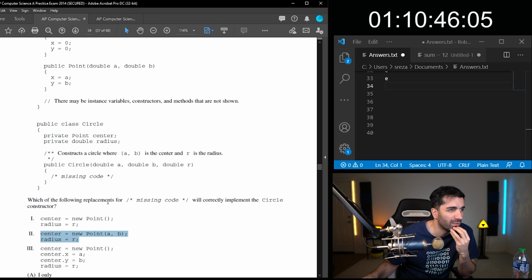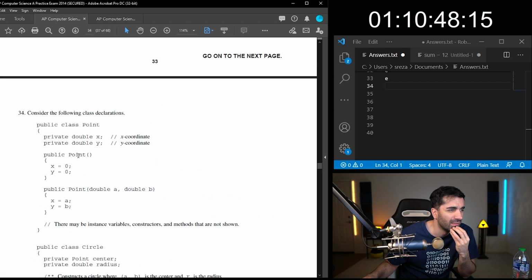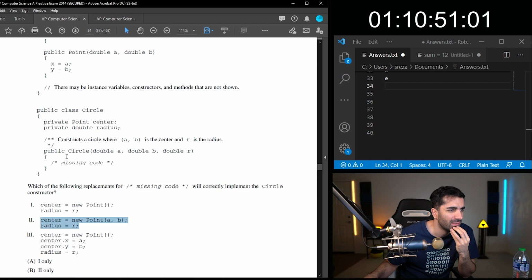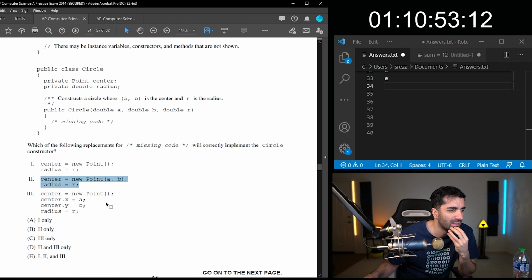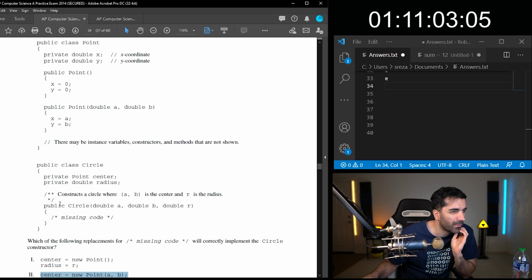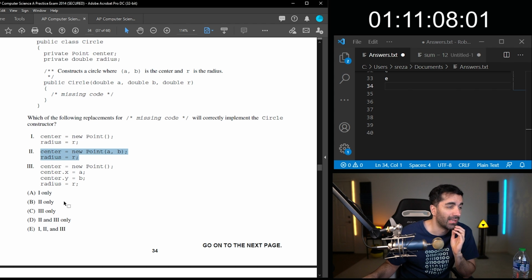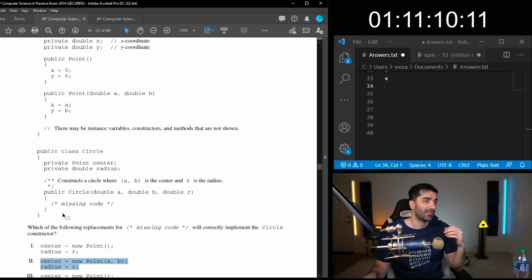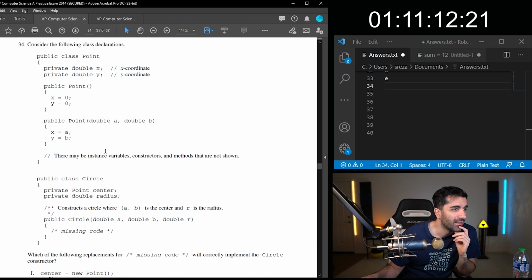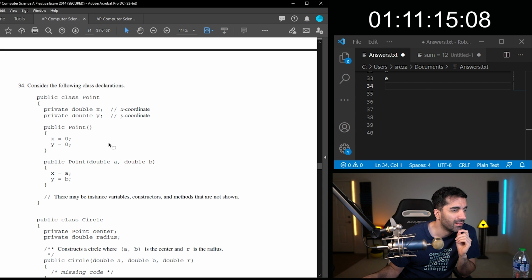Or if you go with 1, you're creating a new point. It has a constructor that has no variables, so 1 and 2. The only option that has 1 and 2 would be 3. But like I said, man, I don't know, honestly. Wow.